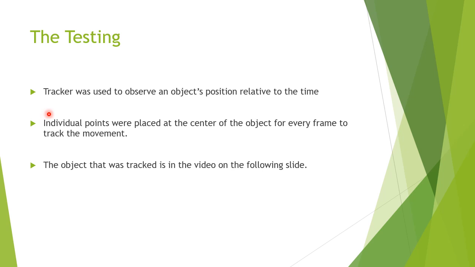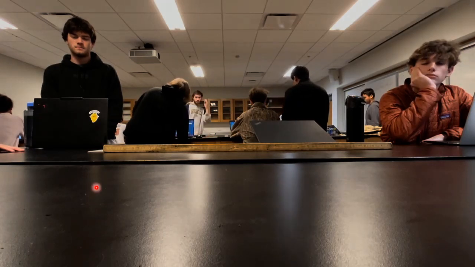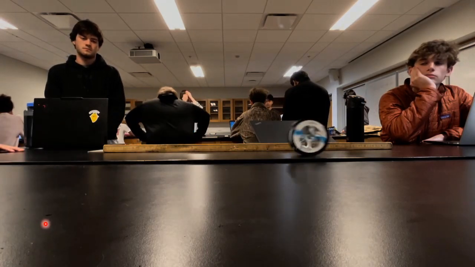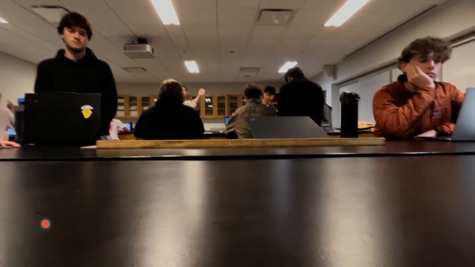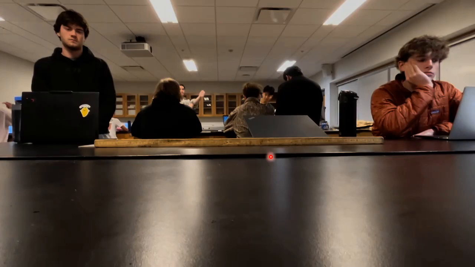So for the testing, Tracker was used to observe the object's position relative to the time, and it was done by placing individual points at the center of the object for every frame to track the movement. And then in this video, which is of the object rolling, it was tracked. And in the background you can see a meter stick here, and this was used to find the distance